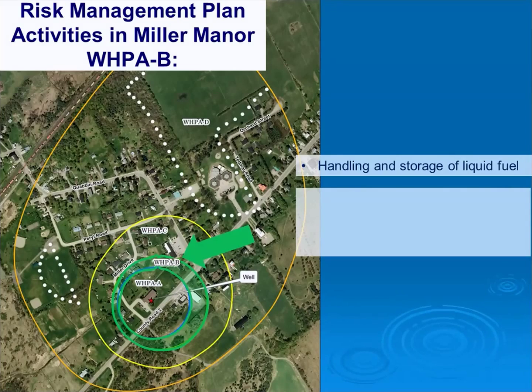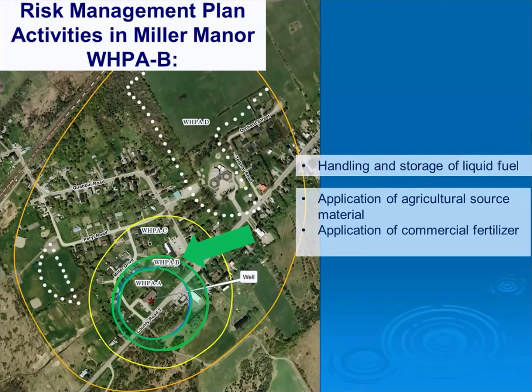Policy 6.5.2 requires risk management plans in Wellhead Protection Area B for the following activities: the existing and future application of agricultural source material to land, the existing and future application of commercial fertilizer to land, the existing and future use of land as livestock grazing or pasturing, an outdoor confinement area, or farm animal yard. The risk management plan should be consistent with the requirements of existing regulation and agriculture best management practices, and recognize existing